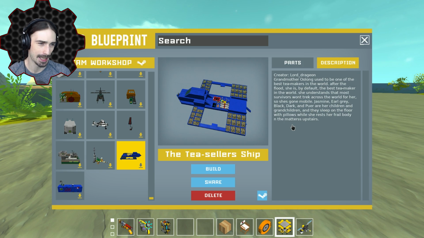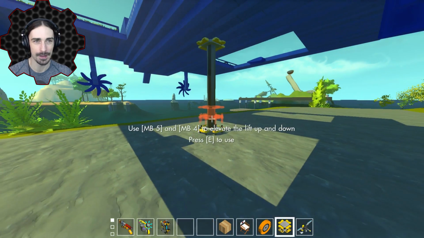Jasmine, Earl Grey, Black, Dark, and Pure are her children and grandchildren, and she named her children after the different types of tea. And they sleep on the floor with pillows while she rests her frail body in the mattress upstairs. I don't know how I feel about that. Well, let's hope that we can spawn this in with better...